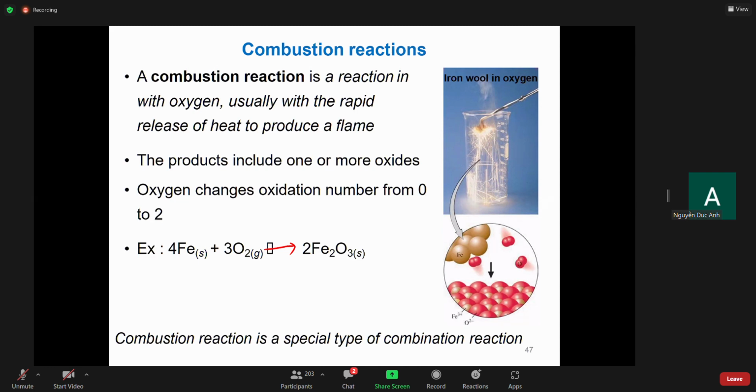Of course when a substance reacts with oxygen, normally it will produce an oxide. Like an example here, iron with oxygen becomes iron oxide. Very simple. Or some other reaction, let's take this one, the pyrite, reacting with oxygen to form